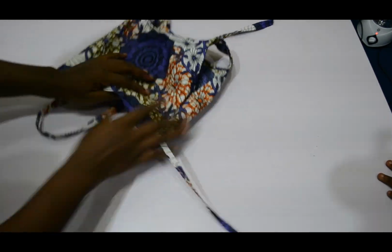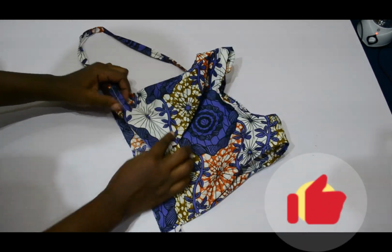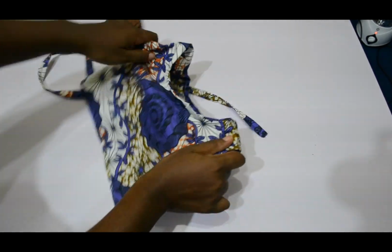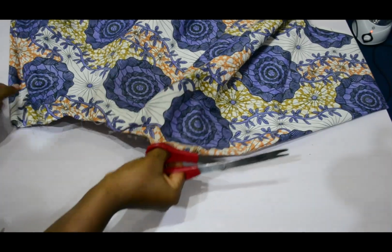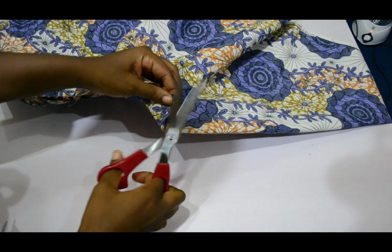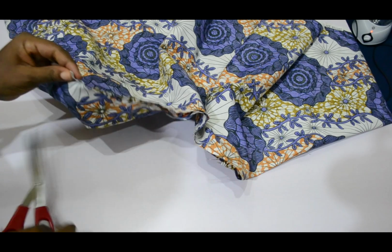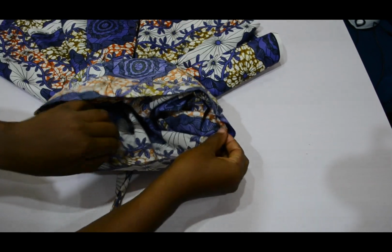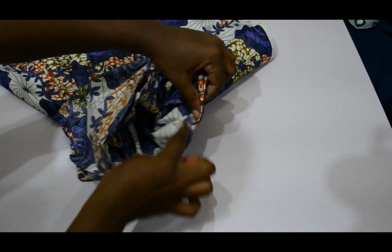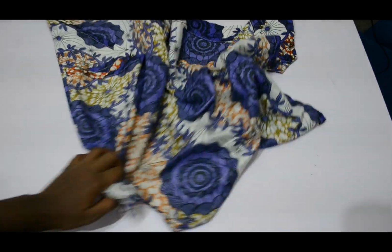This is the belt. And remember, when you are attaching the belt, make sure that you leave allowance for the joining of the down part. I hope you understand what I'm trying to say, just like I showed you here. So for the down part, remember how I showed you that I'm going to place it just like that, in triangular form. That's how it's going to be. Then I'm going to notch the two sides together to match up the two sides of the bodies. So I use my pin to attach the two sides of the body together to the fabric. After attaching it,